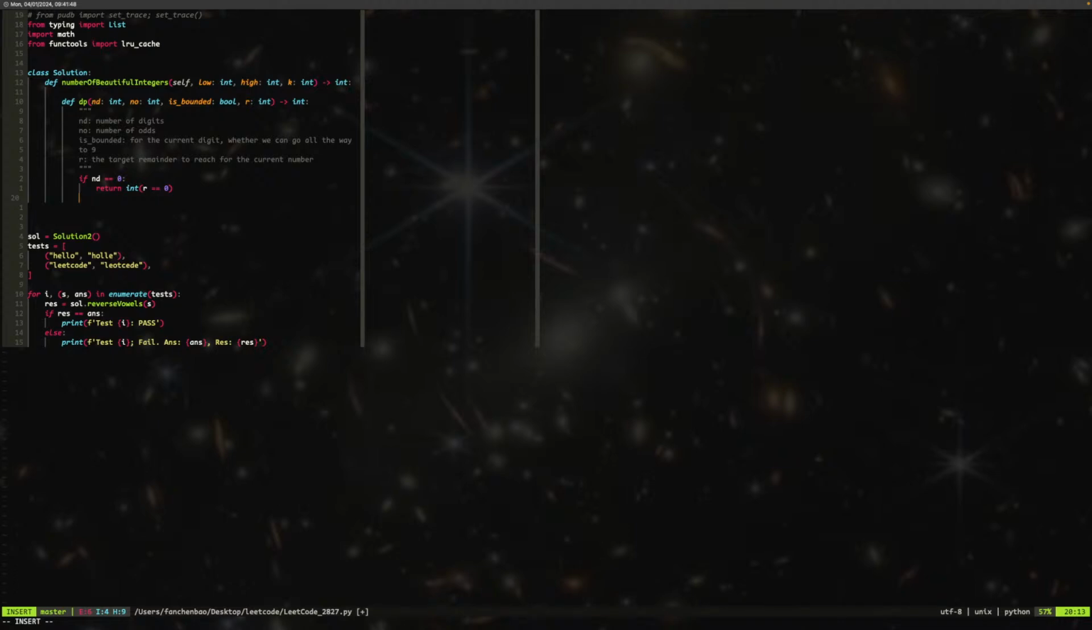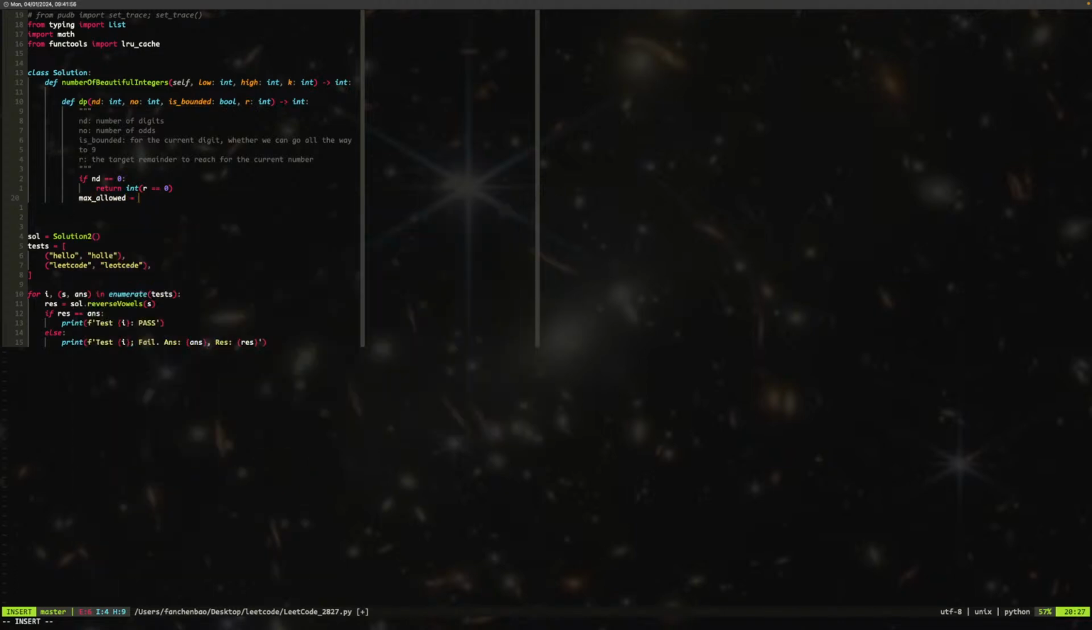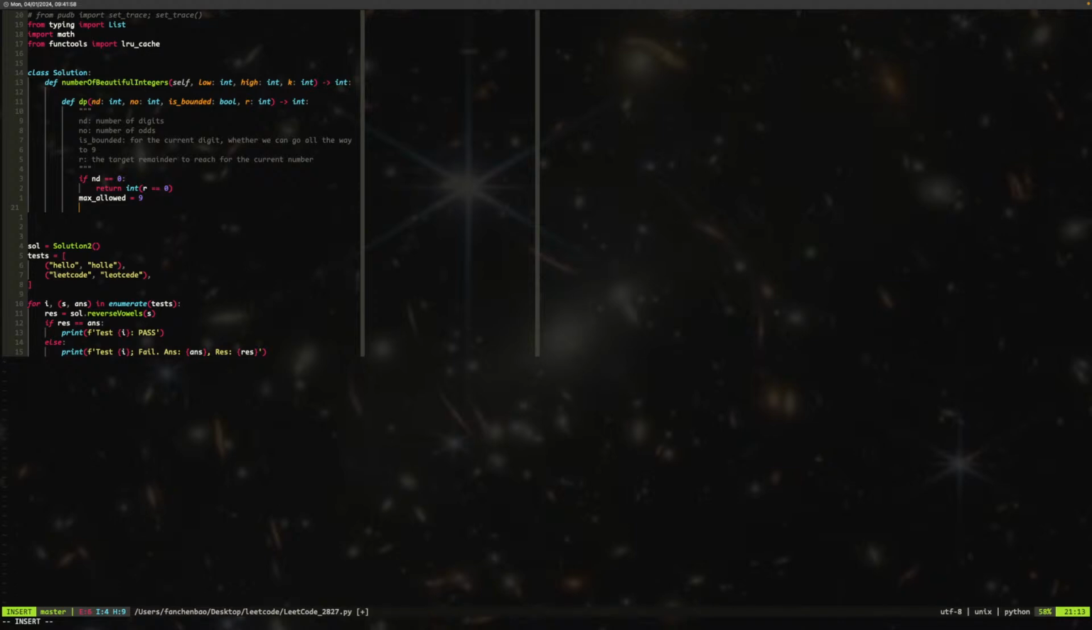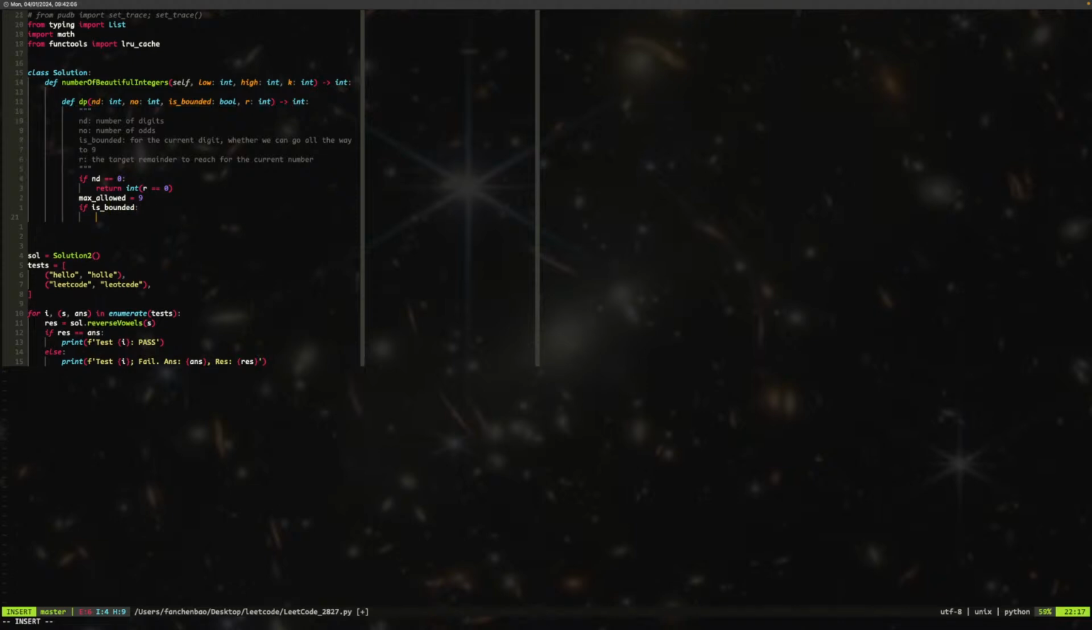Otherwise, if nd is not equal to 0, then what we need to do is check if it's bounded. So max allowed is equal to 9. Then we need to see if it's bounded. If it's bounded, then we have to go to